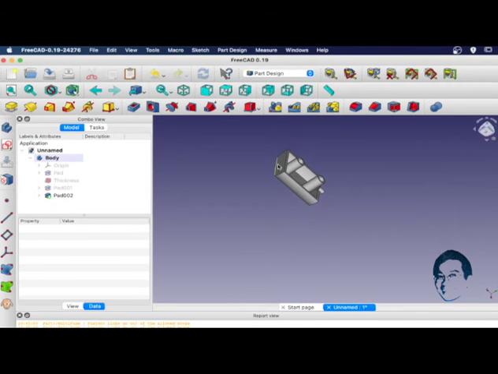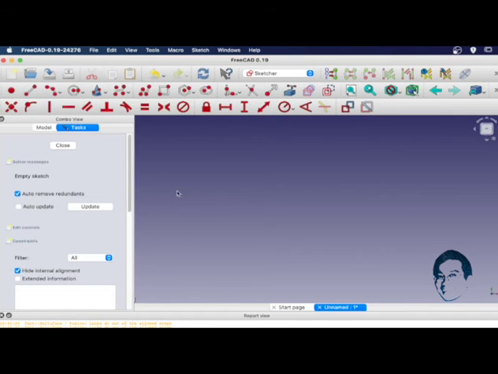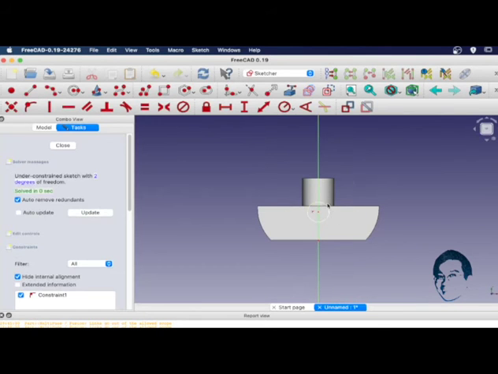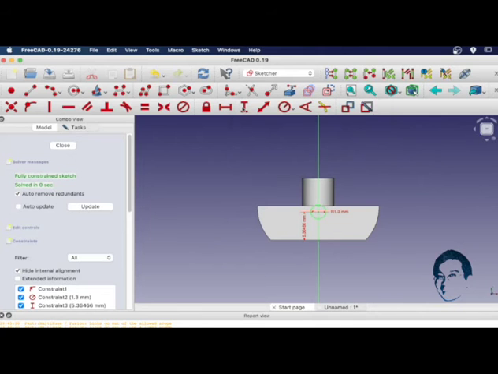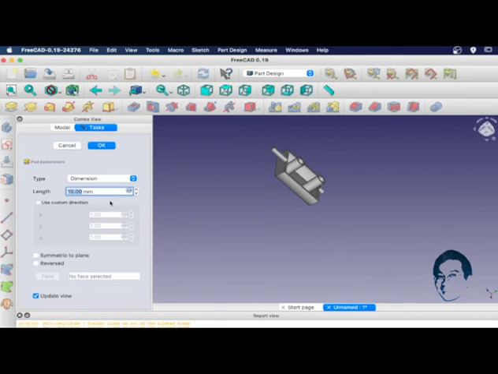Alright, next let's draw the other pivot point on this side here. Select the side, create a new sketch. Likewise, going to draw a circle here, aligned to the axis. Okay, the radius again is 1.3 mm, and the distance from here to here is 6.5 mm. Alright, again we are fully constrained. Close the sketch, and next thing again we pad it up, and the distance is 1.9.